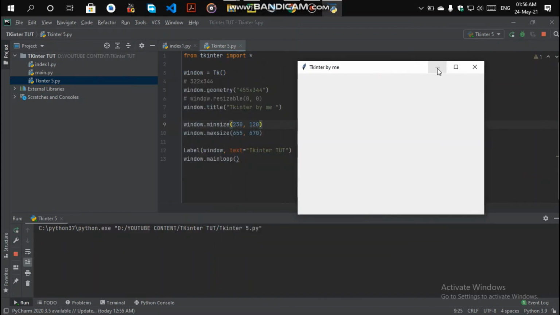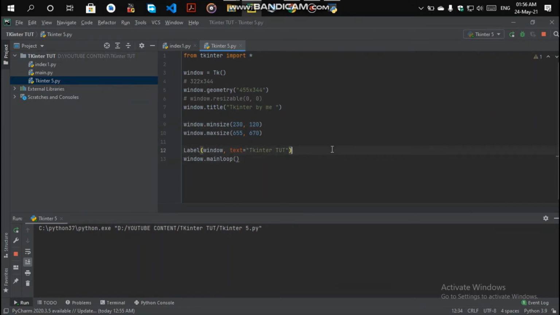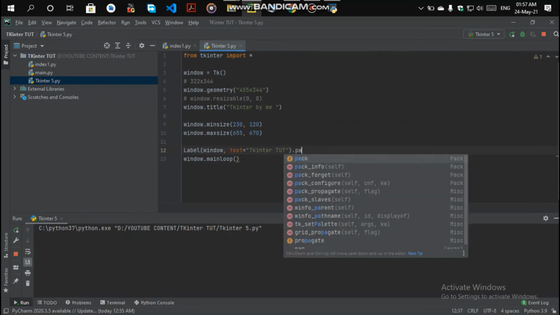No. Why? Because we are not packing our widget. I have already told you there are three methods in the geometry method to bind your widget with your window: the pack method, the grid method, and the place method. We will be covering these three methods in the next video. Don't worry, just do the same as I am doing.